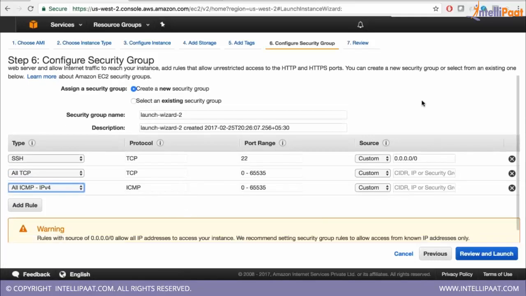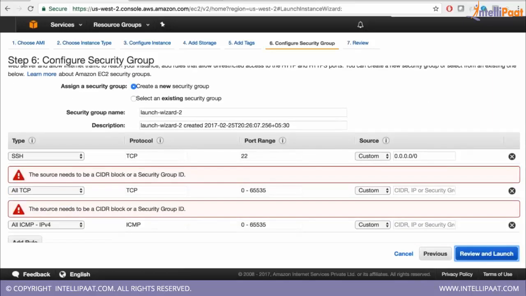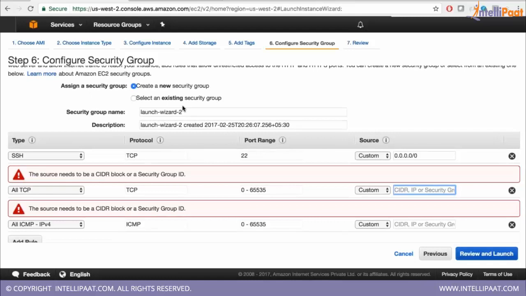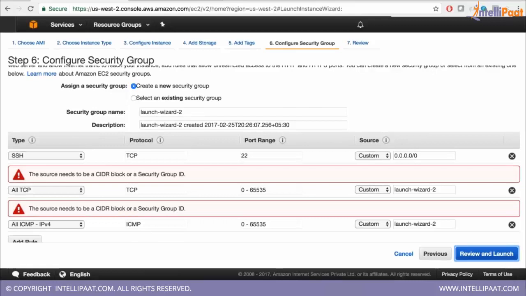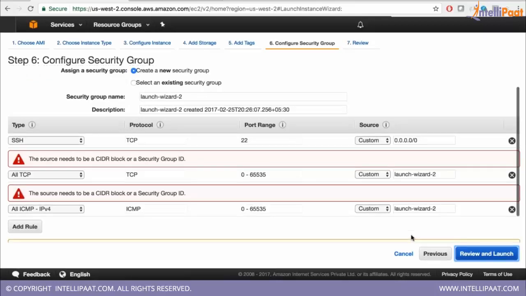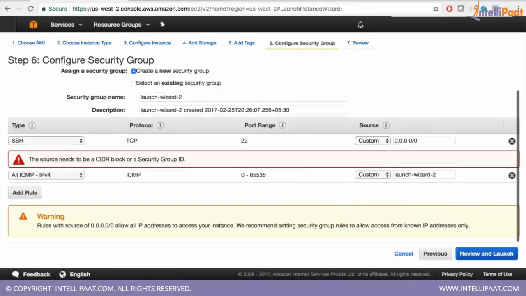Then you can say review and launch. This is your security group. We can add these security groups later also. I'll just remove that.